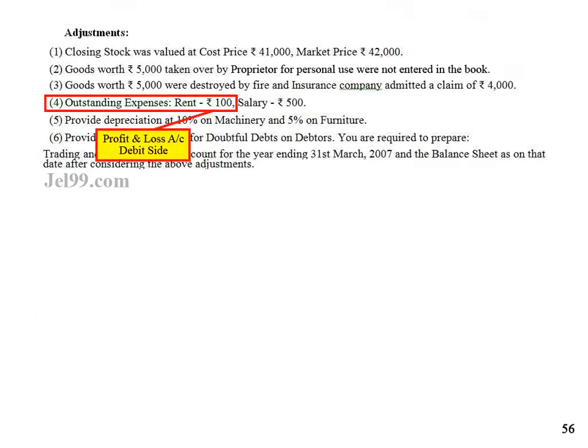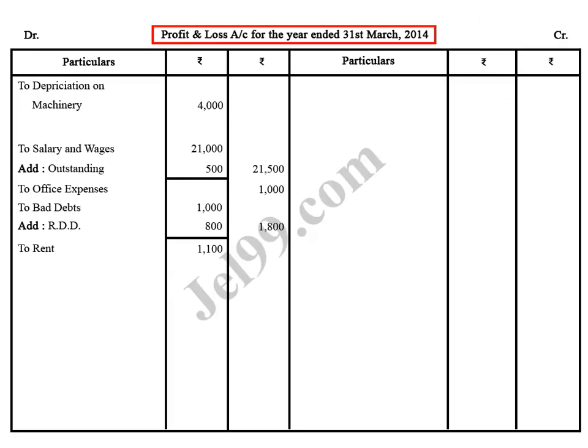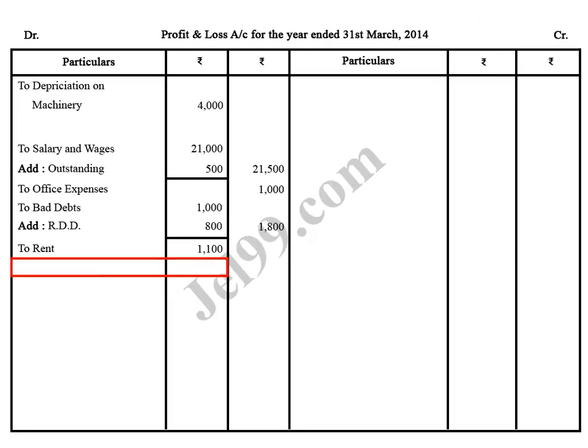First effect is shown in profit and loss account, debit side, and the second effect is shown in balance sheet, liability side. Let's see its first effect. It is shown in profit and loss account, debit side, add to rent, as outstanding rent rupees 100, so 1,100 plus 100 is equal to 1,200, because such outstanding rent is an expense of current year, hence it is added